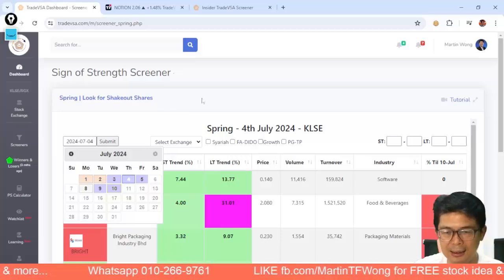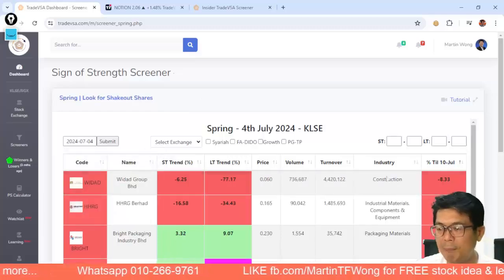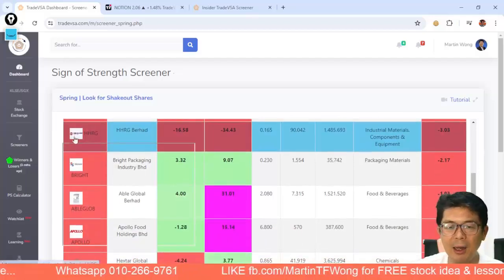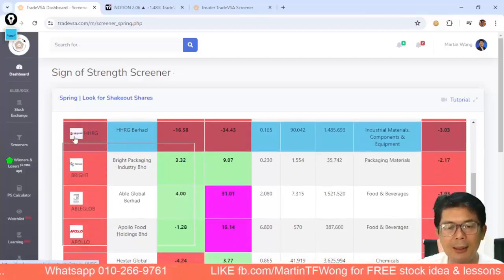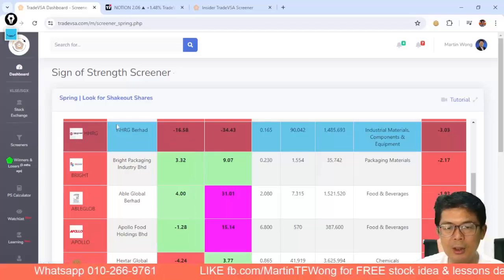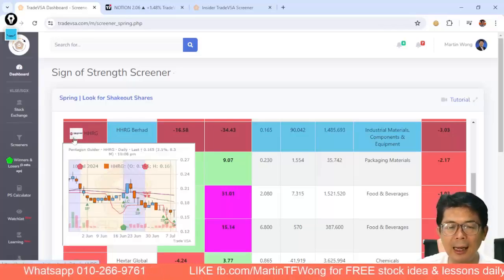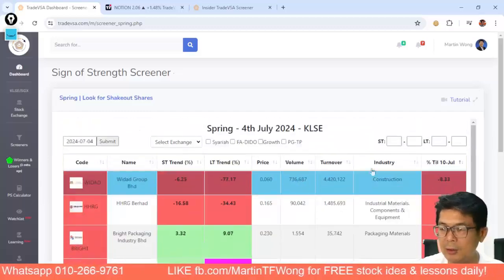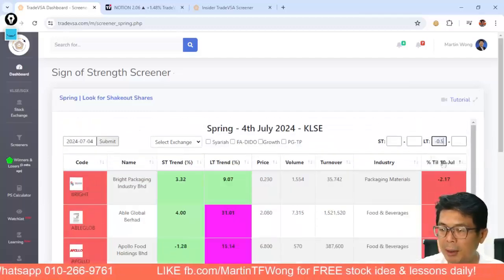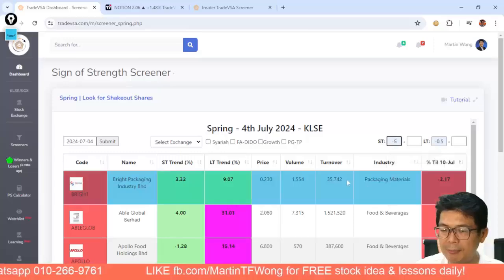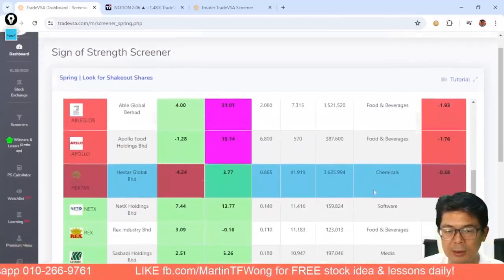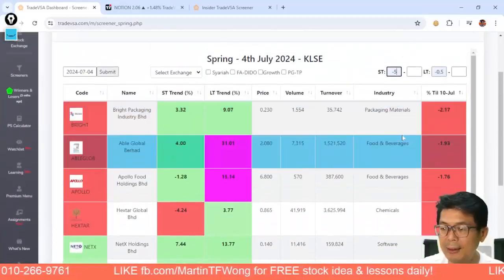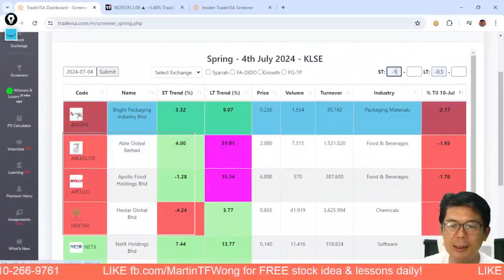Like Thursday already, like some of these stocks, what happened to them? Like VDAT, VDAT donor, VDAT the one. Then we got HHRB. Let's take a look at this one. HHRB is Heng Huat. Yeah, Heng Huat, you can see spring on the downtrend. So this is where you need to put in the minus 0.5 and minus 5. Okay, so that way you eliminate Heng Huat. Now the win rate is only 20%, right? Because most of these stocks you can see